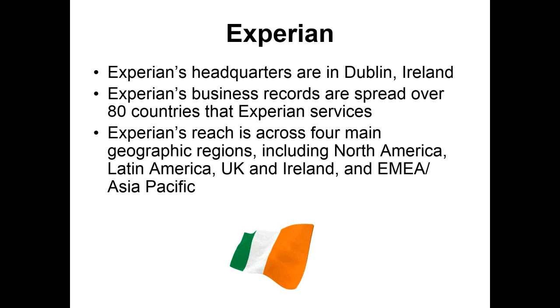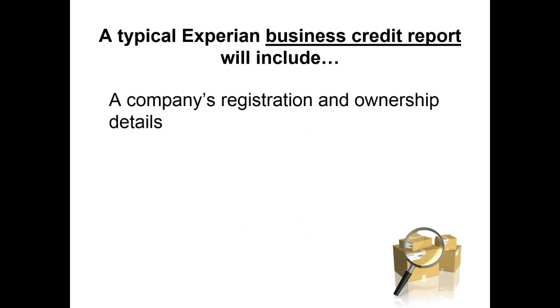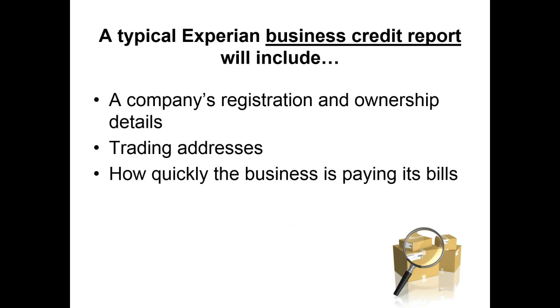And we just looked at what portion of the revenue comes from each of those actual areas. So a typical Experian business credit report is going to include a company's registration and ownership details, trading addresses, how quickly the business is paying its bills, your pay history, a credit risk score, or more than one credit risk score. Okay, as you're about to see, there could be several different credit scores that you could actually obtain on